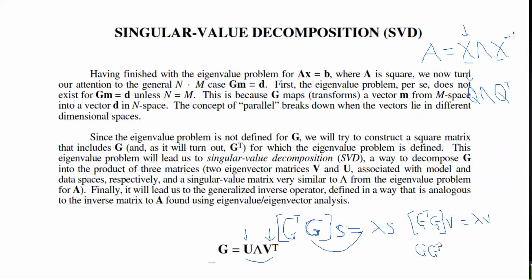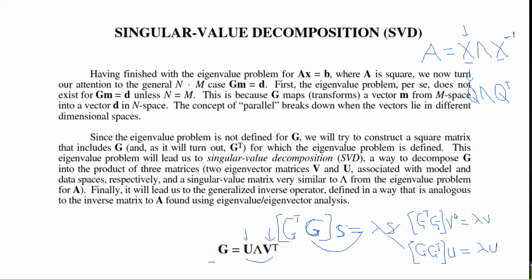This is also a square symmetric matrix, so we can also find its eigenvalues and eigenvectors. Let's represent the eigenvectors as U, so G G transpose U equals lambda U. So from this G, we have two matrices, 1 and 2,